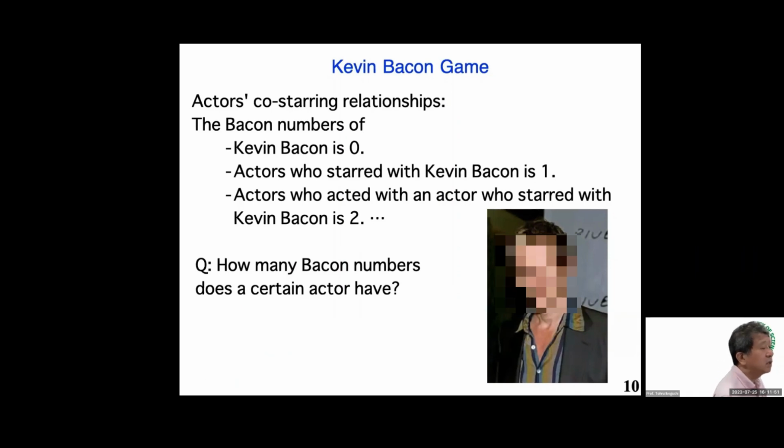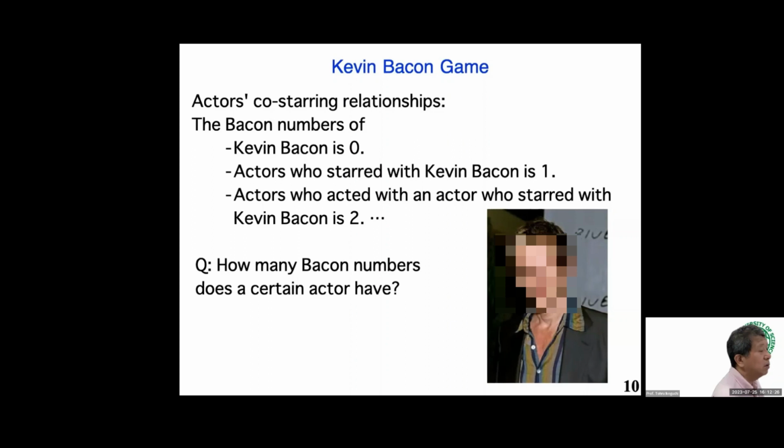So here is another example of the small world phenomenon. This is a sort of game, which is called the Kevin Bacon game. The Kevin Bacon game is a game in which one selects an actor and repeats the process of connecting actors to another actor through the films in which both these actors starred together, in order to find the shortest path that leads to the American actor Kevin Bacon.